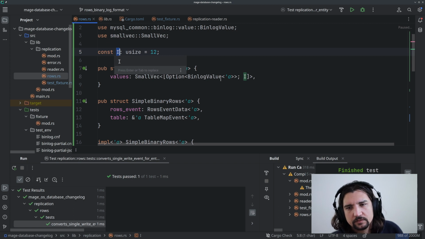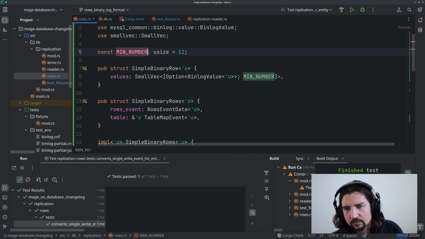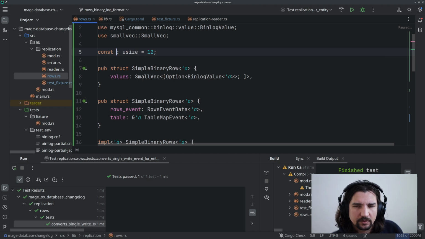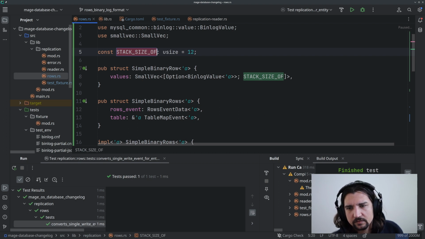Let's call it min, well, it's not a minimal number, right? So it's stack size of binary row. So by default, it's gonna be able to hold